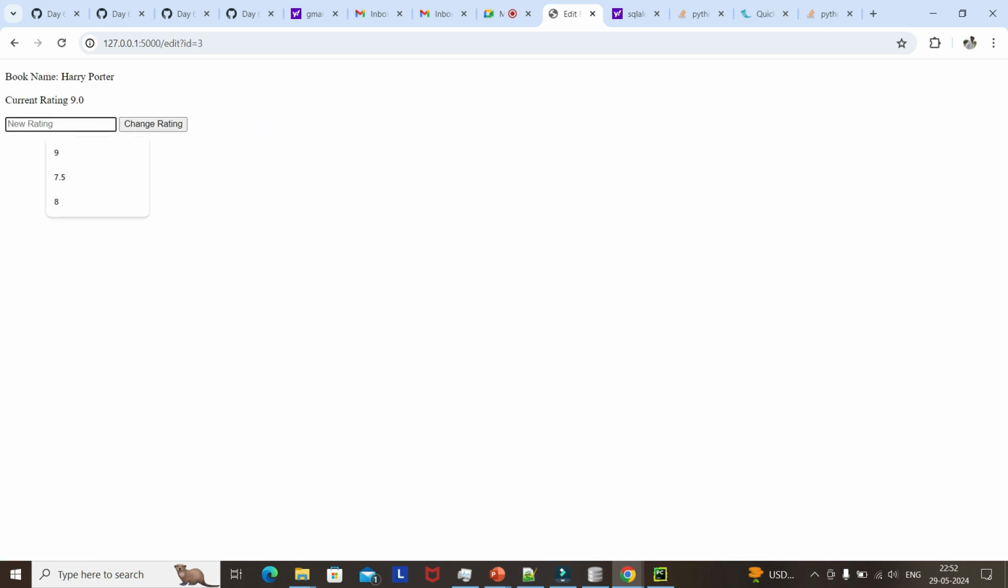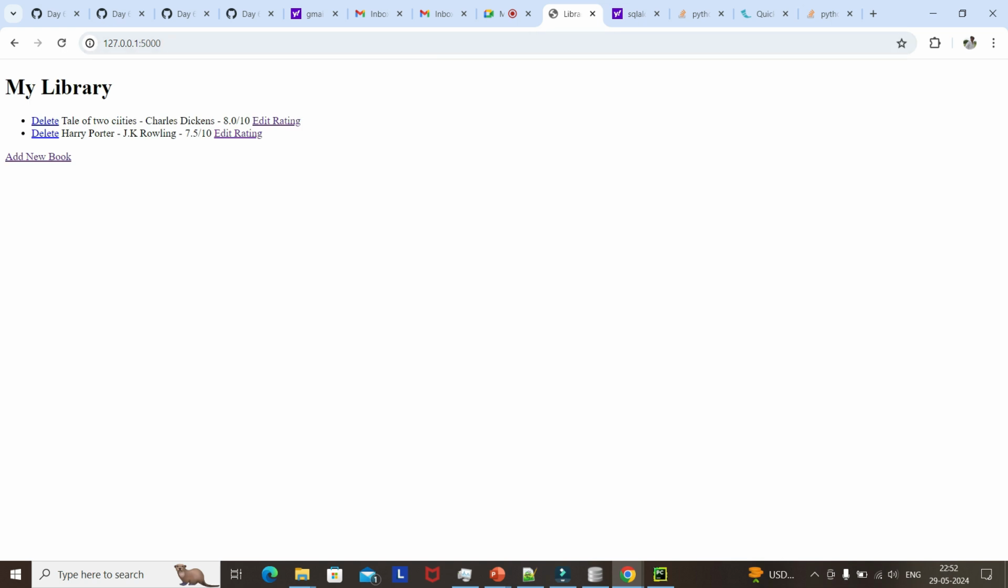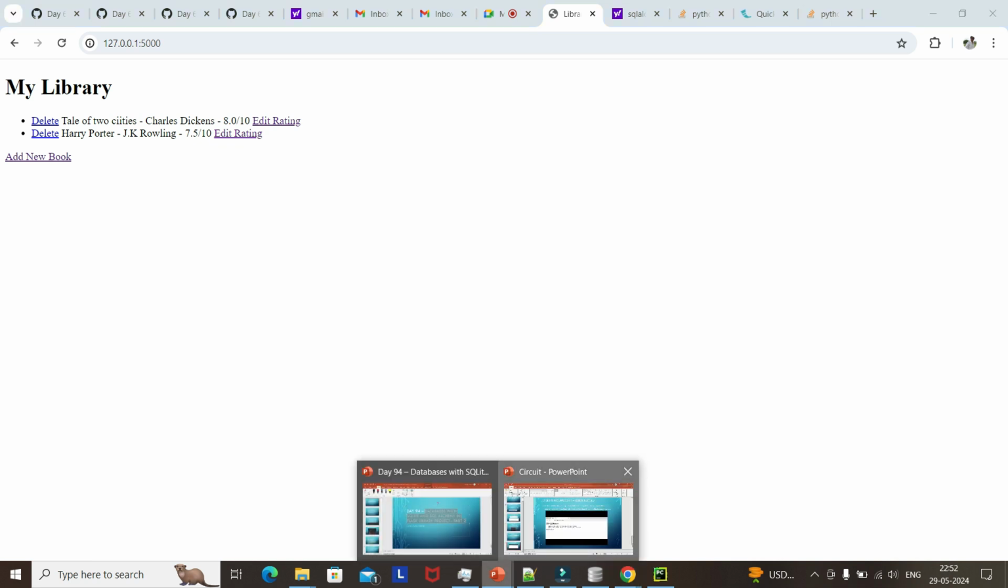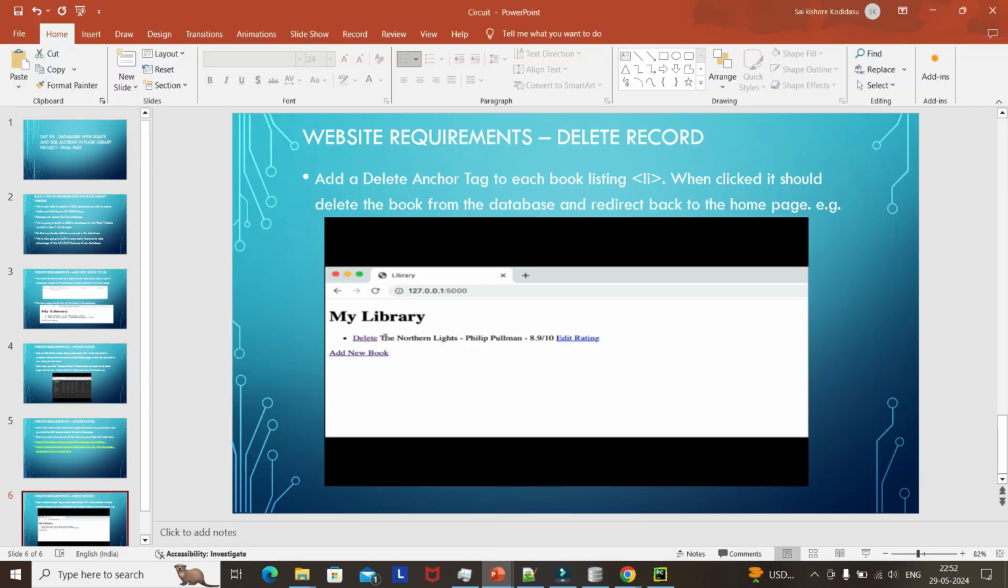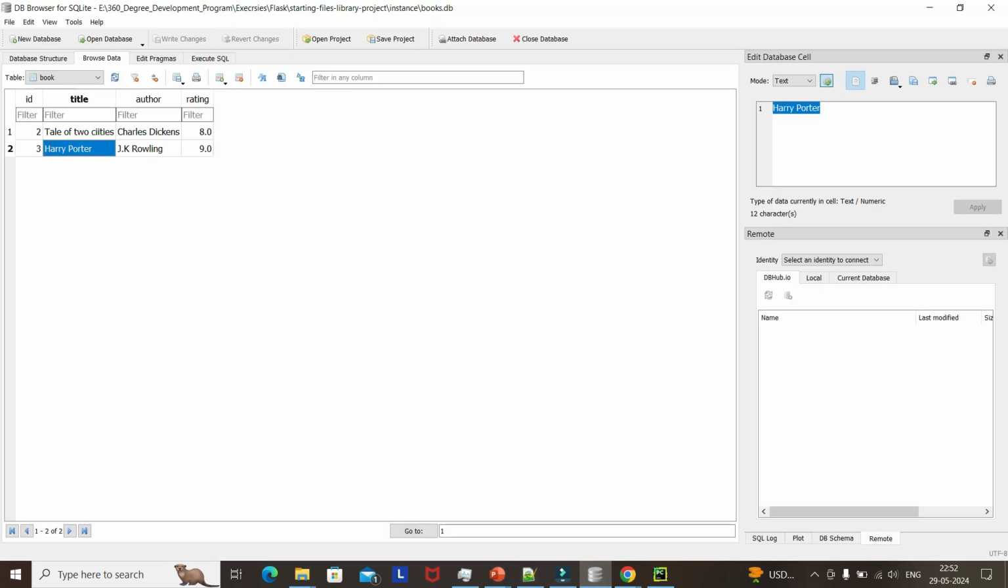So edit rating, I'm checking again, change rating. Yeah, no, everything is working fine. Now we have checked delete, edit, and everything. So that's what we have done. Everything we have learned, we have implemented, and we have checked that with file database SQLite,